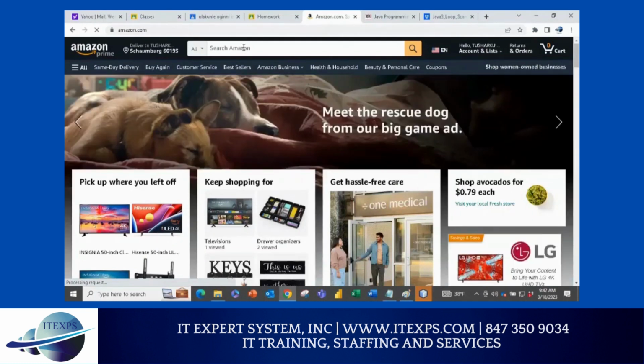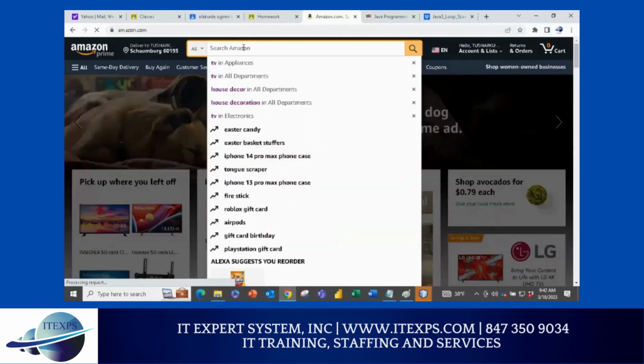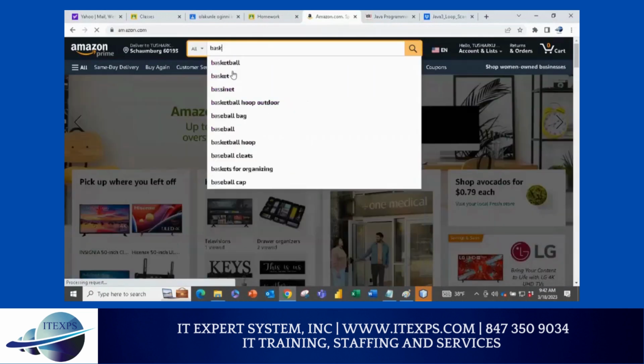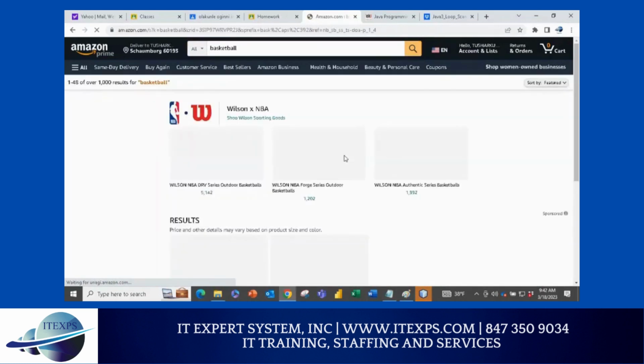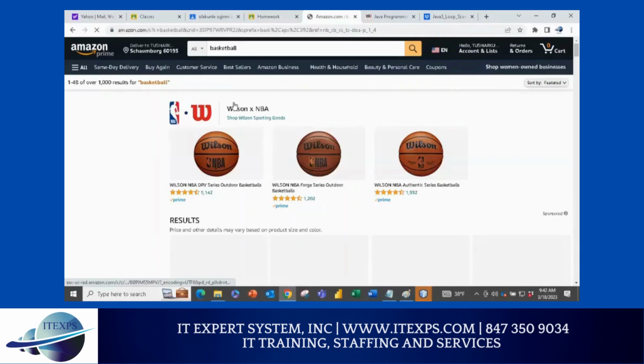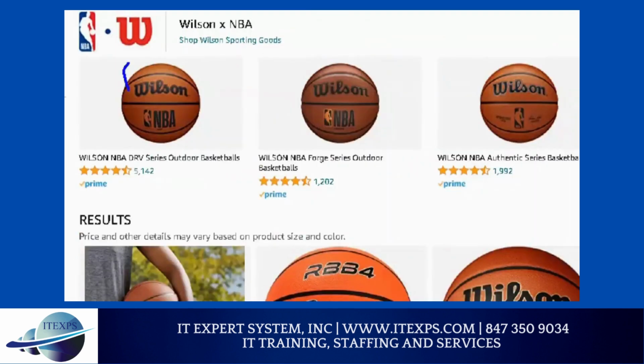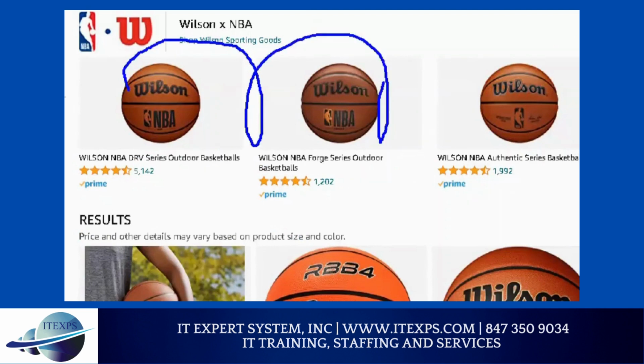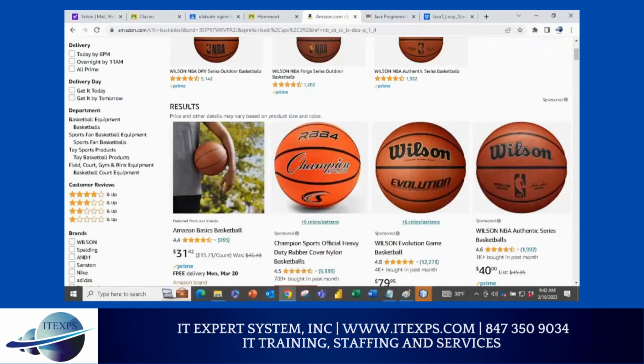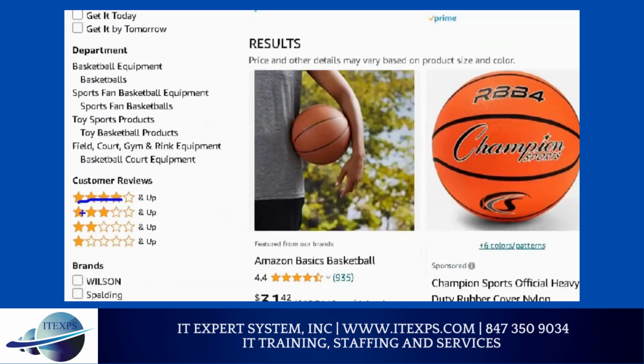But I like this site. Here everything is a loop. For example, if I search basketball, you will see not one basketball, you will see a bunch of basketballs. Do you agree or not? You can see 1, 2, 3. That's a loop. Whenever you repeat something, that's a loop. Make sense or not? You can see here, this is also repeating. In this page, I can tell you without hesitation, they might have used 60 to 100 loops. How many?